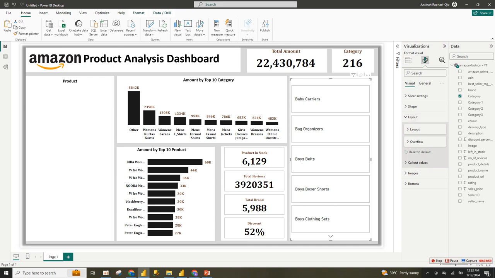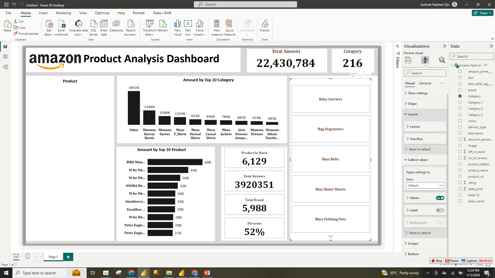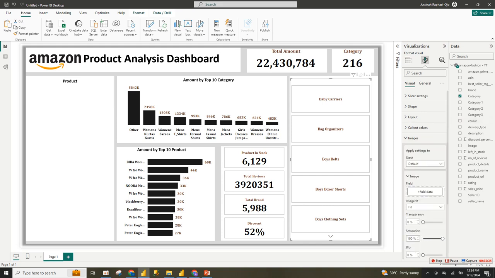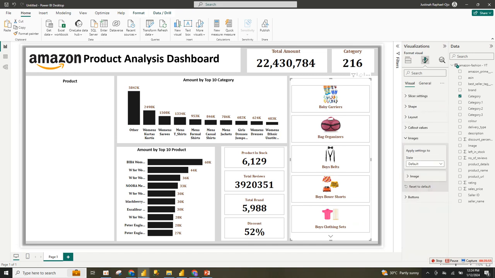Then call out value, bringing it here, and then change this to this. So we have that. So now I'm going to be going to the image and add image. So I'm going to add image to this. So now I'm going to change this list to normal. You can see. Now the next thing that I'm going to be doing,